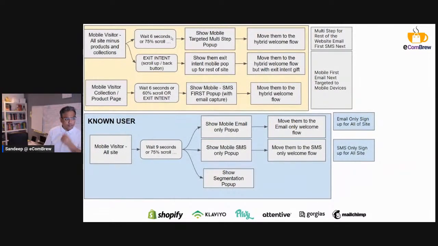Now let's go back to the mobile side. Similar thing, unknown users versus known users. Same logic applies. We want to show them the SMS pop-up first, if you see here on the product and collection pages, because what we are trying to do here is, and we will obviously test this, we should test on both sides. But the idea here is